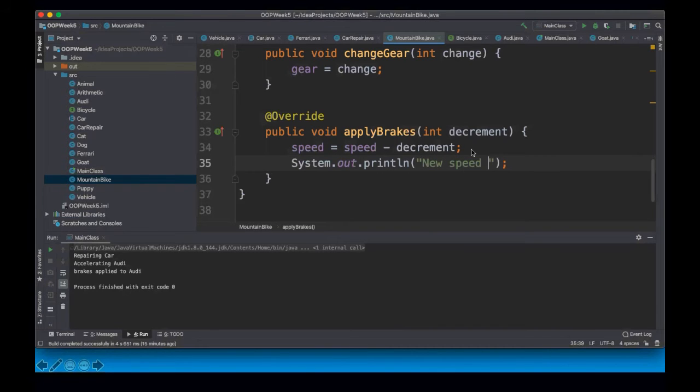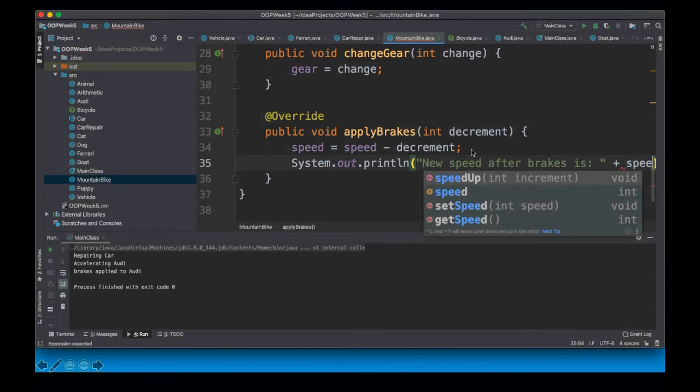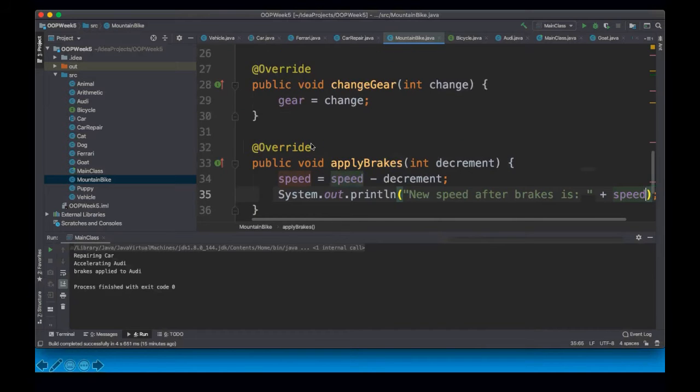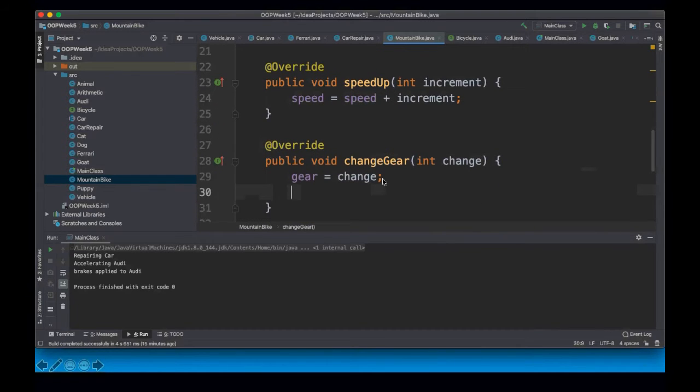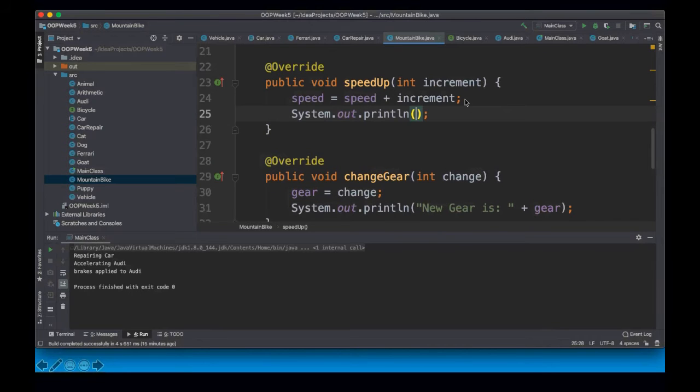So new speed after brakes is plus speed, and in the change gear I'll say new gear is plus gear, and for speed up I'll say new speed after speed up is